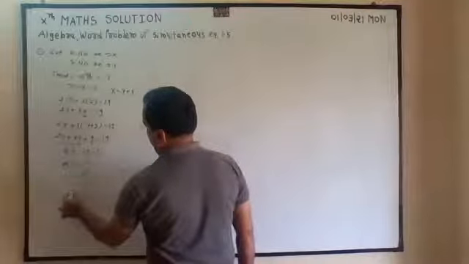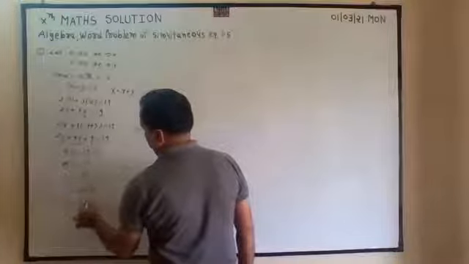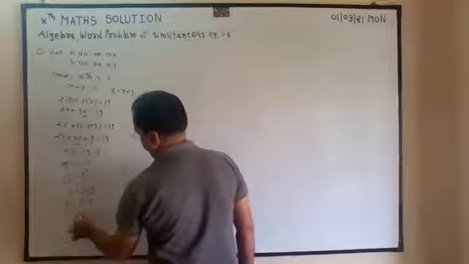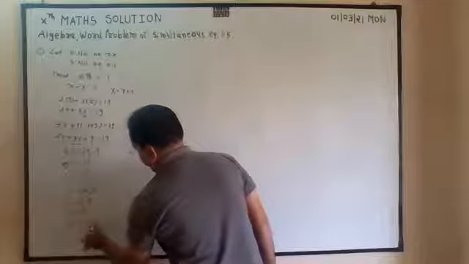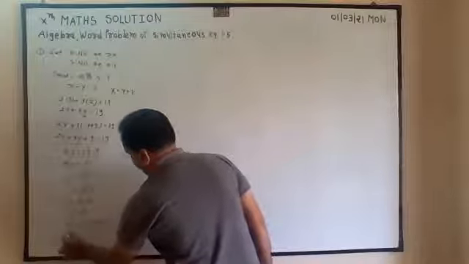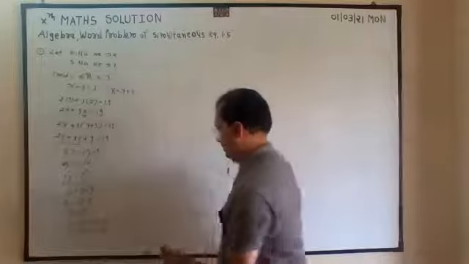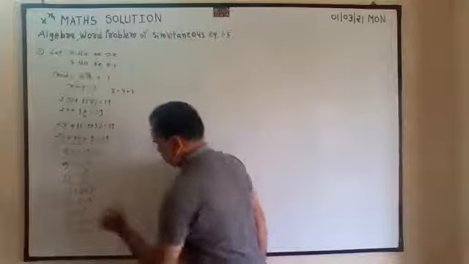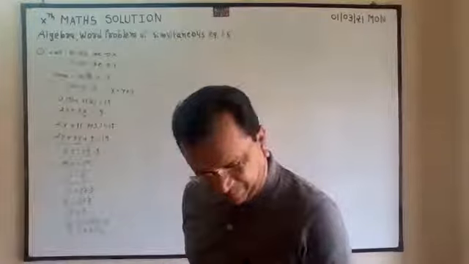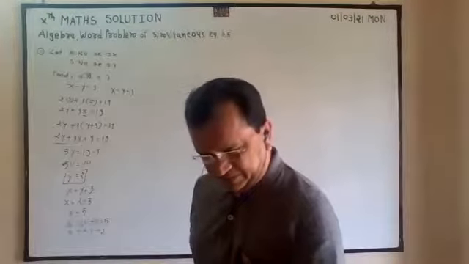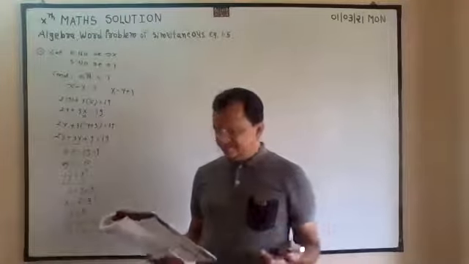But x is equal to what? y plus 3, which is 2 plus 3. So the greater number x is equal to 5, and the smaller number y is equal to 2. Like this, both conditions you have to apply systematically, and by substituting values or by making them equal, you can do it.